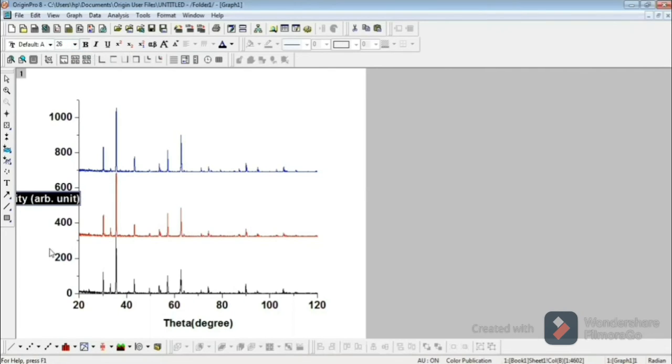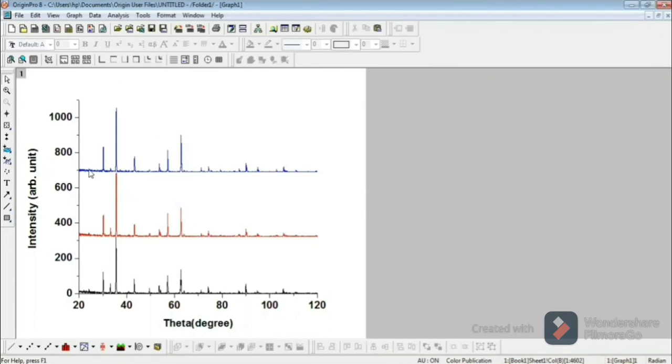So this will be intensity in arbitrary units. Never write A dot U, because A dot U is the symbol of atomic mass unit. Always write ARB for the arbitrary unit, because we are adding some extra values from our side to make the comparative graph.